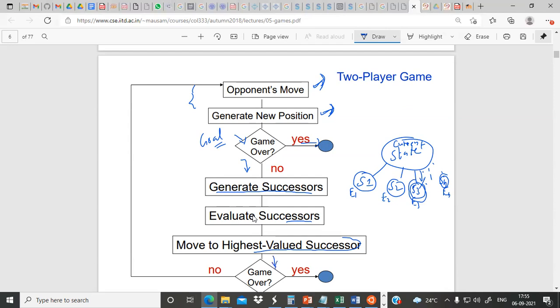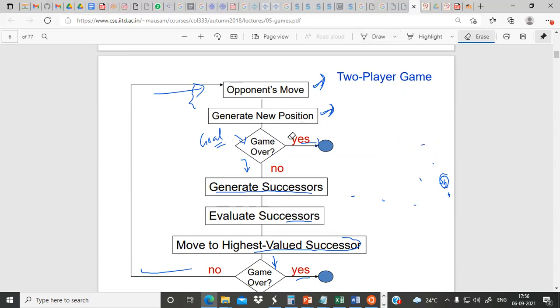Again, we check whether this is the goal state or not. If this is the goal state, then the game is over, and we stop. If the game is not over, then again it is the opponent's turn. Now the opponent will take his time. He will make the move, and this process continues until the game gets over. So this is the overall scenario of